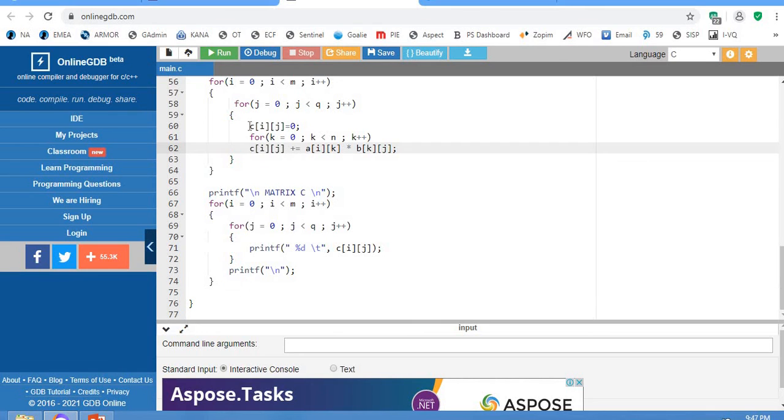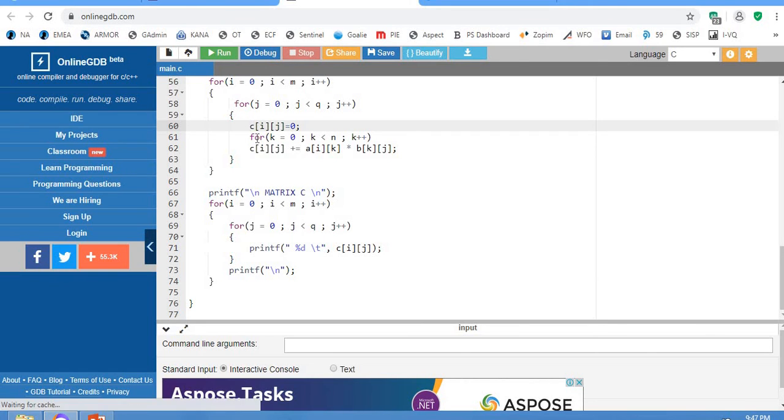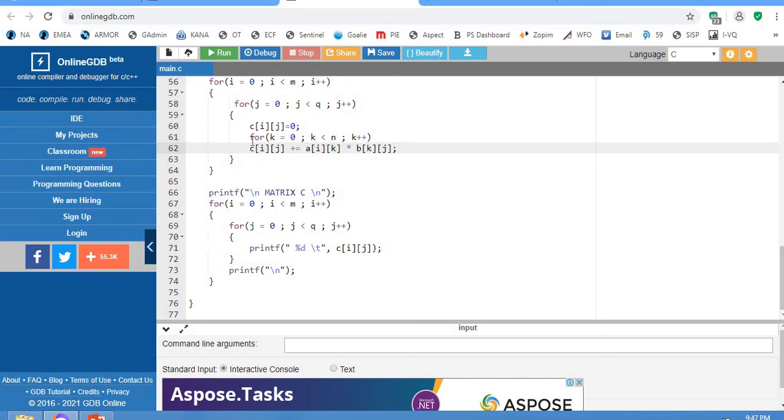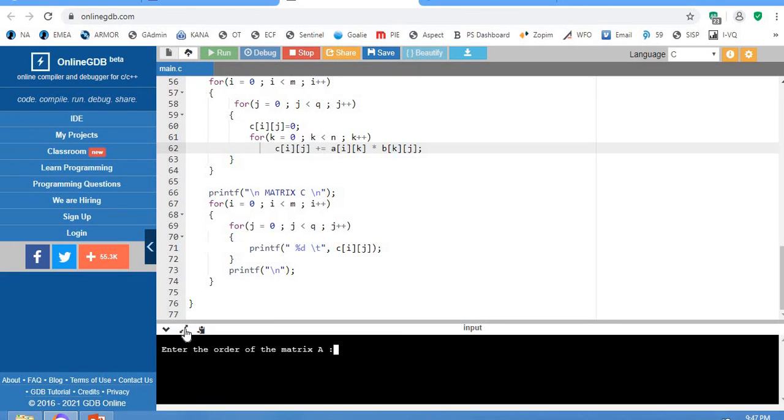See here, one thing you need to notice is that we are writing a for loop inside a for loop. This is known as nested for loops. And for this for loop, I have not used any flower bracket here because we have only one statement, right? When you have only one statement to execute, the flower bracket is optional. But if you have more than one statement to execute in the loop, then you must add a flower bracket. Okay, we'll execute and see this.